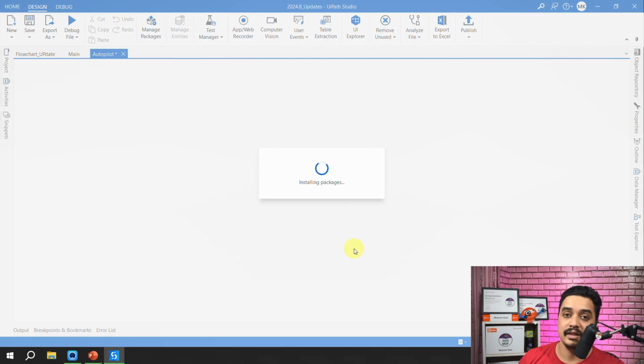Now you might be seeing here UiPath is installing the packages, which means that I have put a requirement which I didn't have the dependency for in my automation. So that's why UiPath has to install the packages to get those activities available for me, right? If I would have used something where I already have the dependency, then this action will not happen for you, right? So we'll just wait for the package to get installed, and then let's see what we have